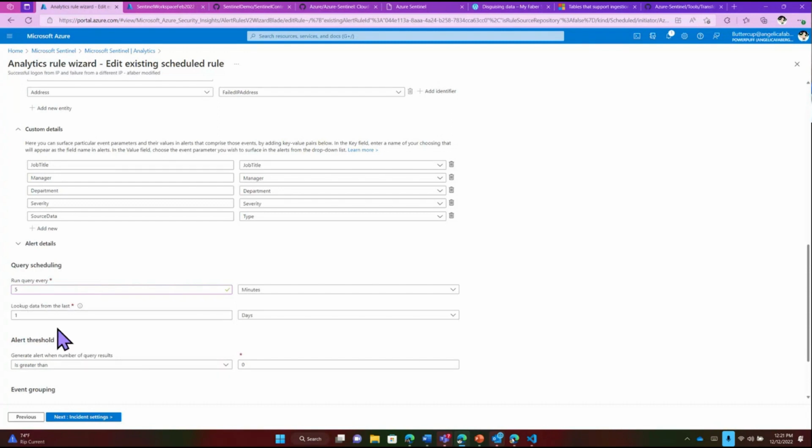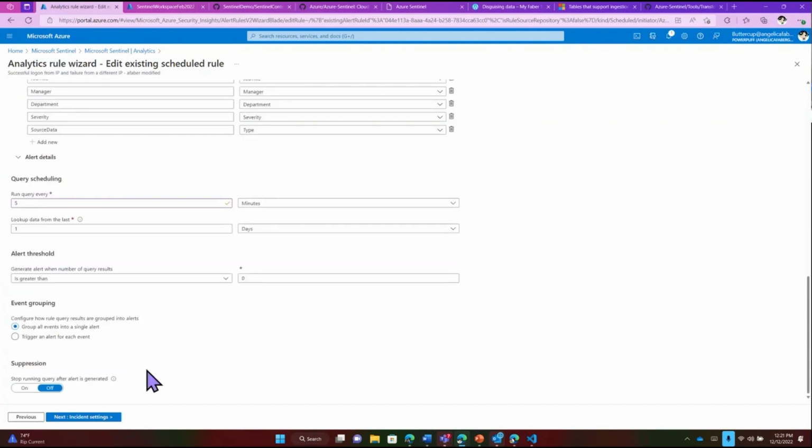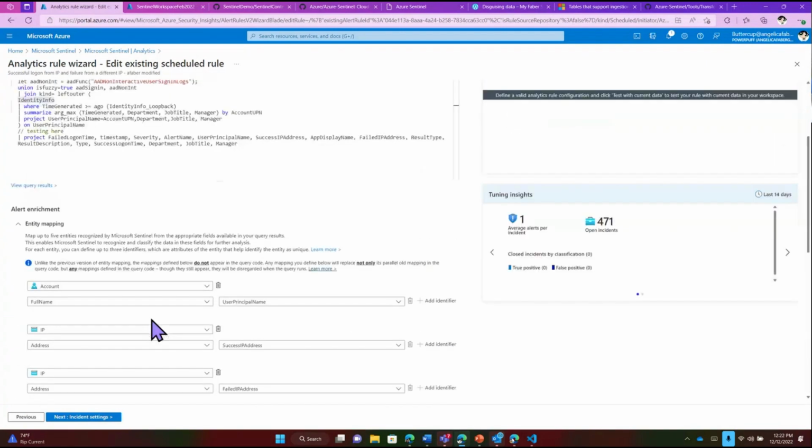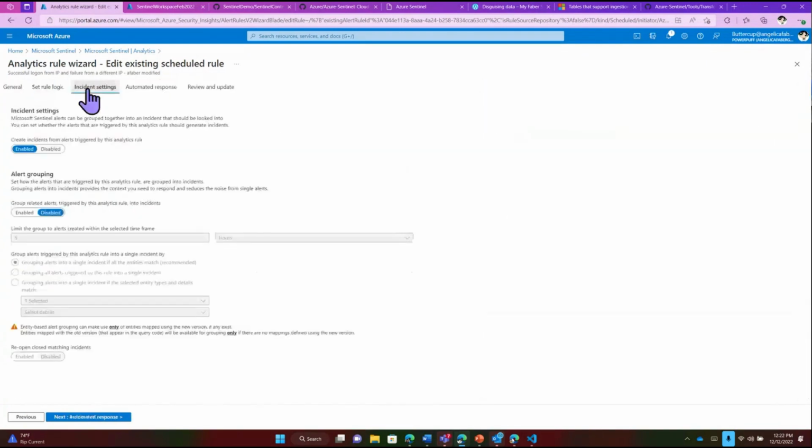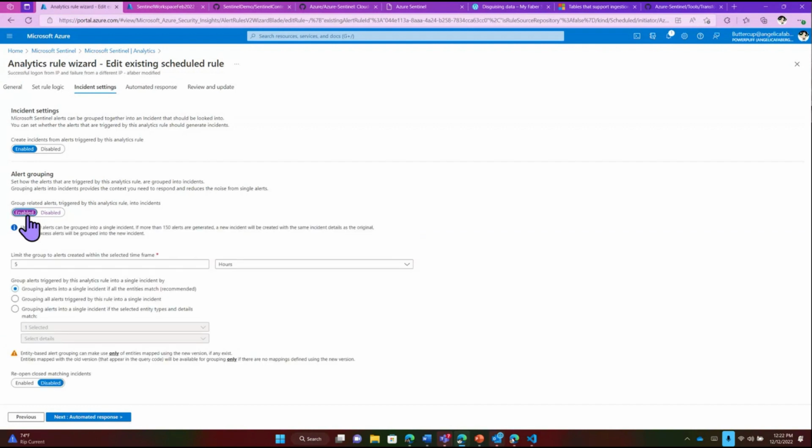And then you can configure how far back you look. You can also do some event grouping, and you can suppress it if you're doing some kind of testing. So for incidents, in this case, I didn't want them grouped together, and the reason was I wanted to generate more alerts, because again, this is a demo instance, but likely you're going to want these to be grouped